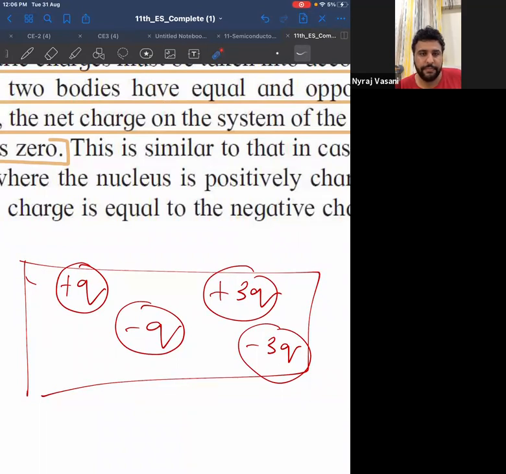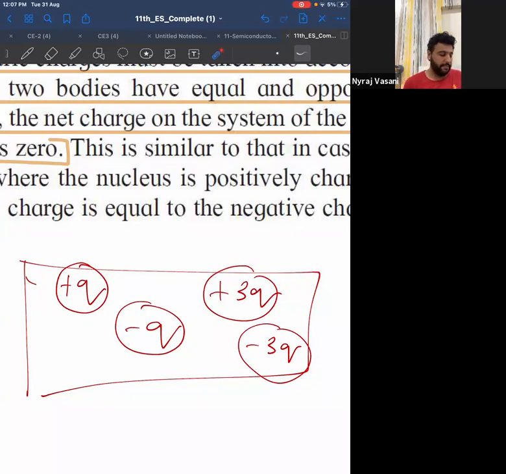Written? Shown? Okay, write down. The total algebraic sum of the charges will be